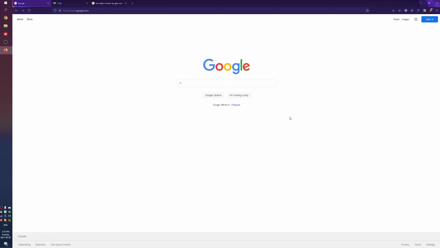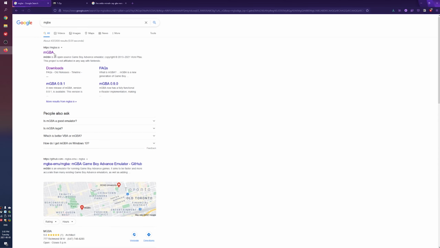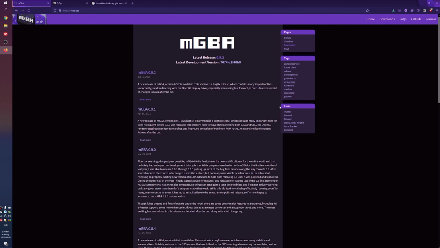All right, so the first thing we're going to do is go into Google and type in mGBA. mGBA is basically going to be our emulator, and what an emulator does is allow your computer to emulate game console hardware and play its games. In our case, we're going to be playing Game Boy games, so we're going to be using the mGBA